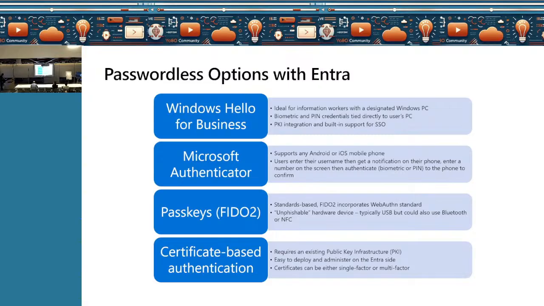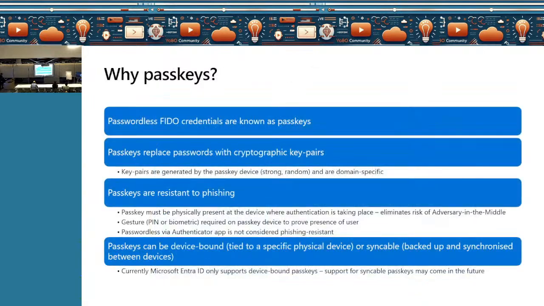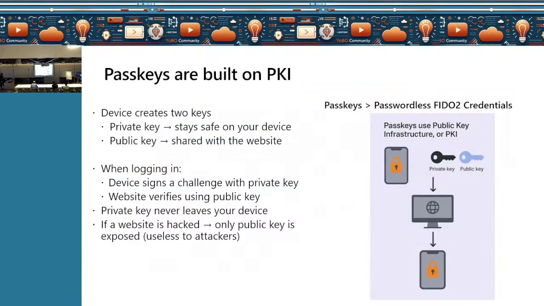The second passwordless offering is Microsoft Authenticator. Then the extension of that is Passkey, which is FIDO2, and then we have certificate-based authentication. Now, I'm going to specifically talk about Passkeys for the next part of the presentation. Okay. So now Passkey is the next step, and this is coming from the FIDO Alliance, Fast Identity Online Alliance. These are designed to replace password and protect you against phishing. How it works, this is something which we will understand in the next couple of slides.